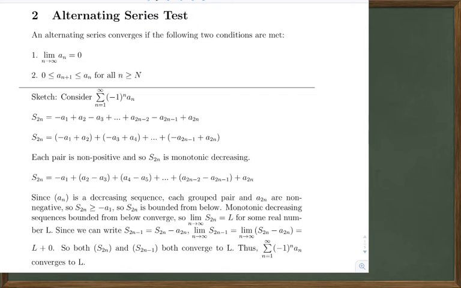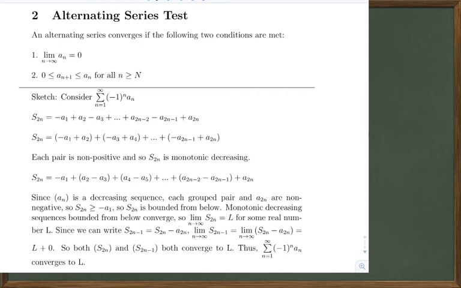Well, we just said that the limit as n goes to infinity of s of 2n is equal to L, and we're making the assumption that the limit as n goes to infinity of a sub n is equal to 0. So if a sub n is going to 0, certainly all the even terms would need to go to 0 as well. So we've shown that all the odd and all the even partial sums converge to L,